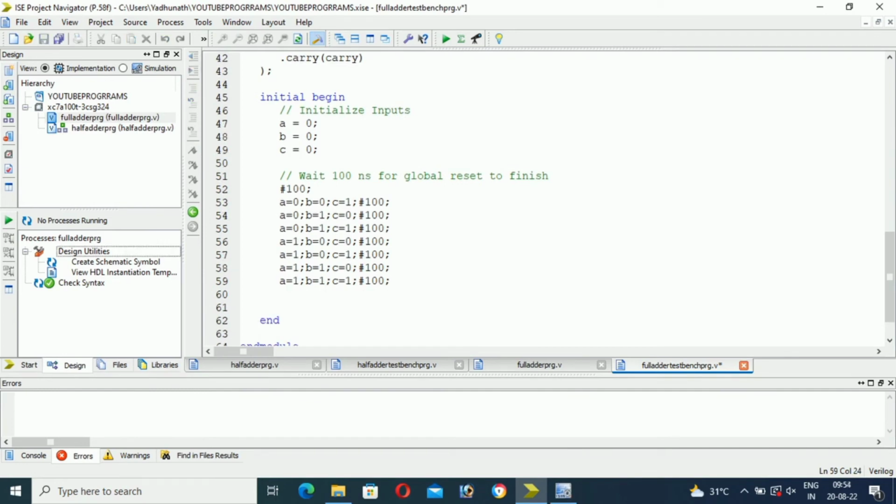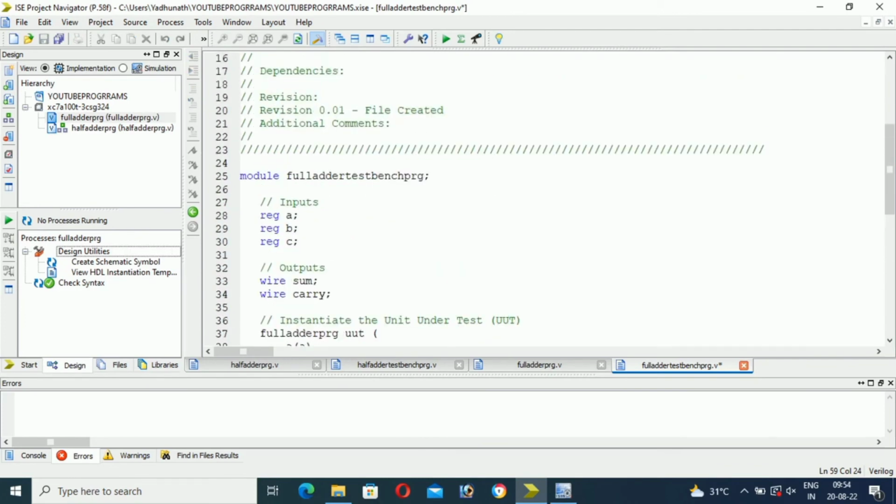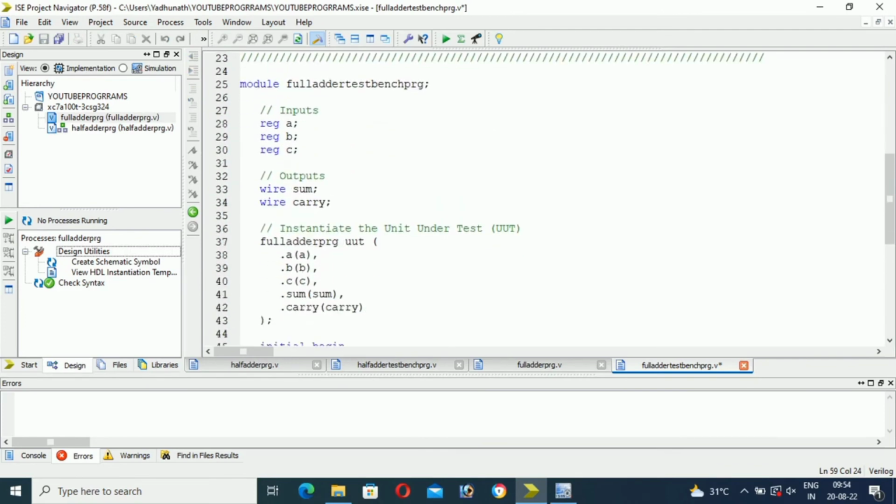So test bench means we are just providing the input combinations, providing the inputs to the full adder in the different possible ways. So by using the A, B, C variables, this is how we give the input combinations to the program. So let us check whether this program is correct or wrong. Syntax